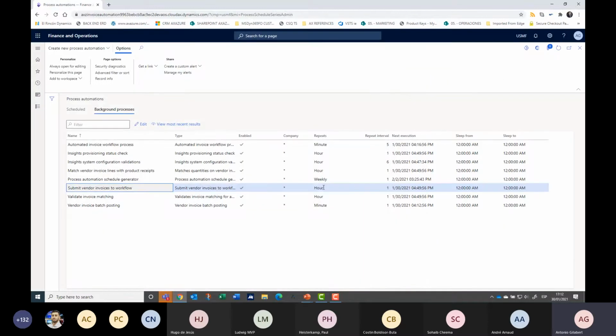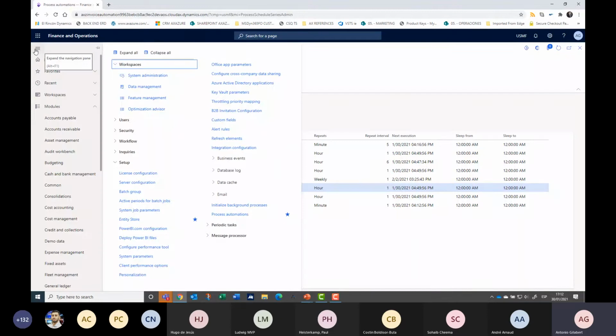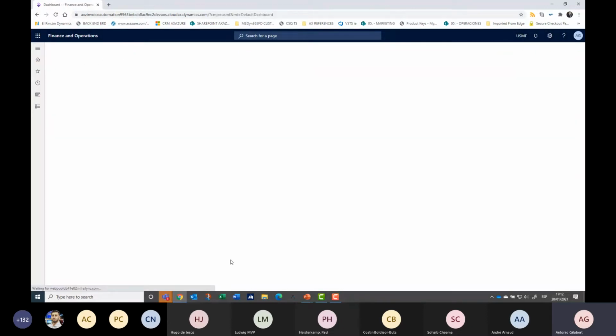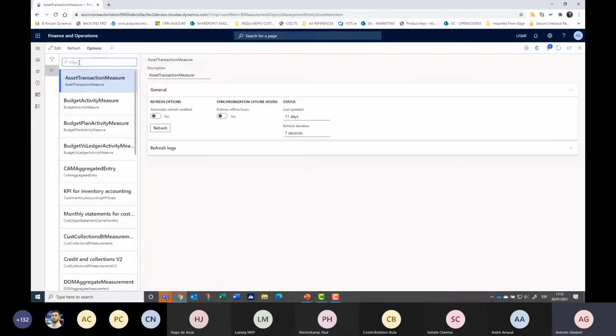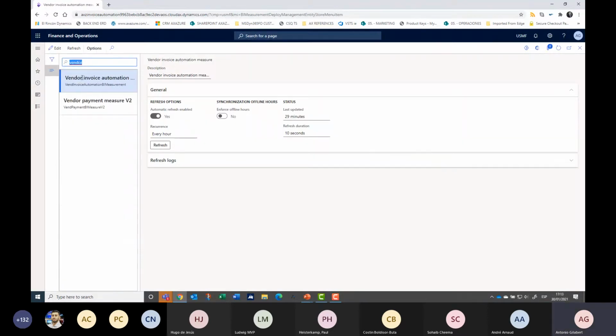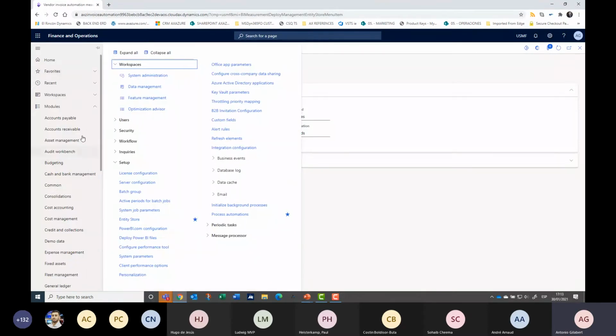So you have to specify by hour, and to enable this process. Again, we are going to see a workspace. This workspace has a Power BI, and if you want to have your data refreshed, the vendor invoice automation should be refreshed to have the latest data.